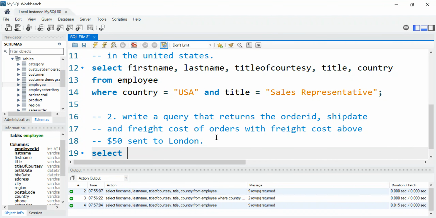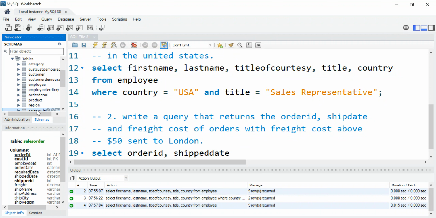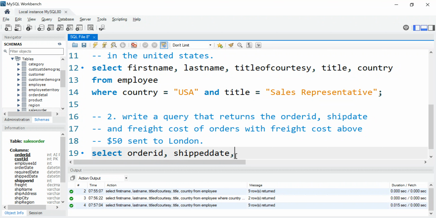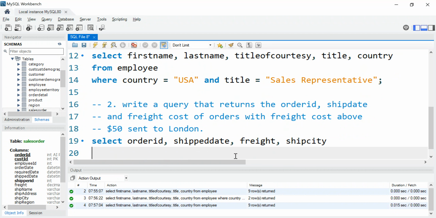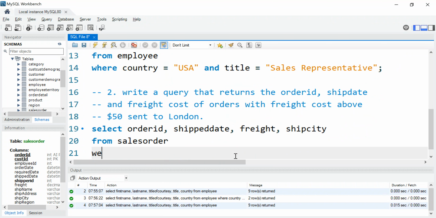So how do we do that? The way to do that is to say select the ID, shipped date. You probably want to make sure you switch context to the table of interest. So the ID, shipped date, freight. Let's add ship city just to know if our where clause is correct. So from sales order, and where,